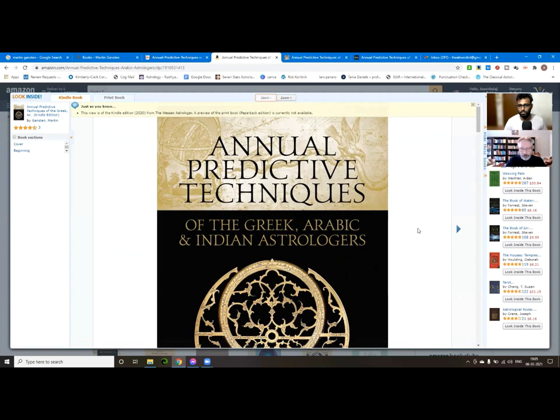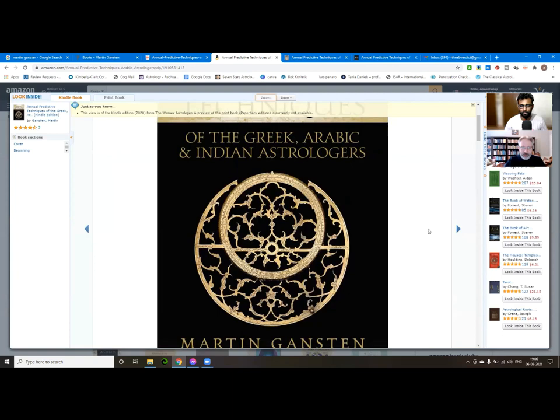The uppermost part here is from an old star map, actually, but that's more for decorative purposes. The main part of the cover is this detail of an astrolabe. This is the rete, or the movable part of an astrolabe, and the astrolabe is an astronomical instrument that was developed in antiquity and then further refined in the Middle Ages, and it was in much use until early modern times. It was used for navigation and things like that, but it was also used very much in astrology. So it was used for casting the chart, for finding the ascendant and the houses, and also it was used